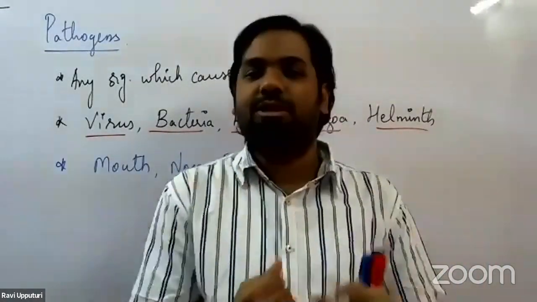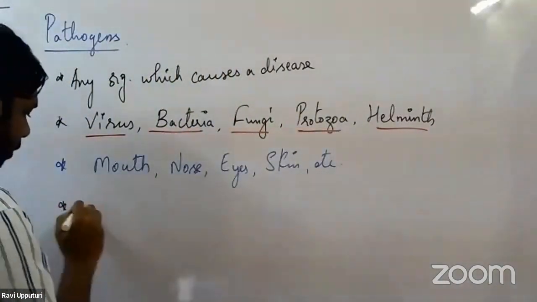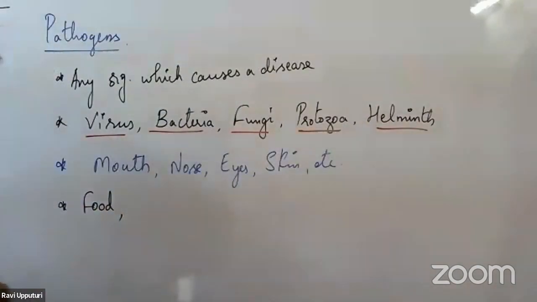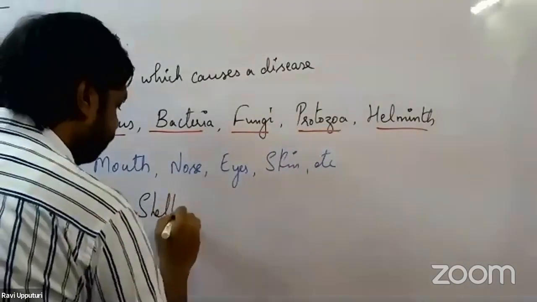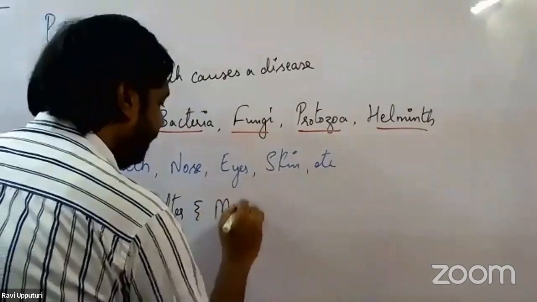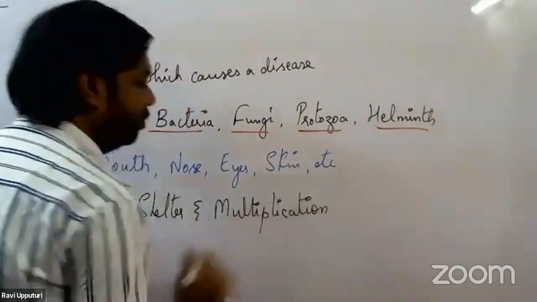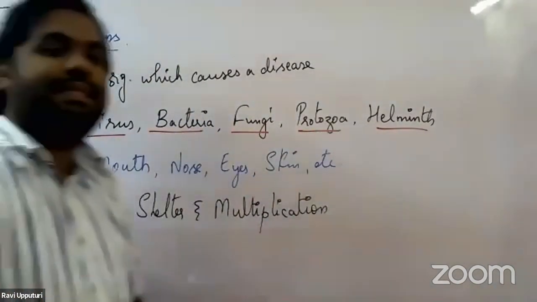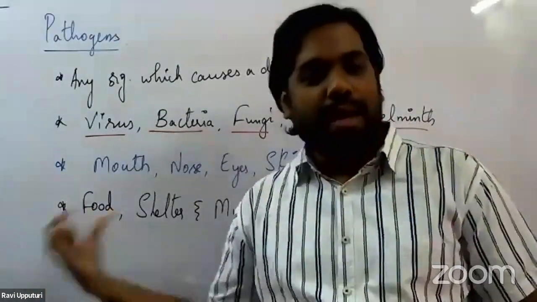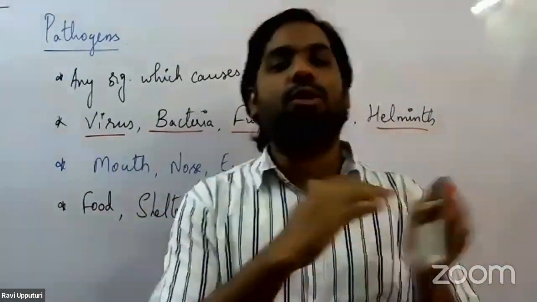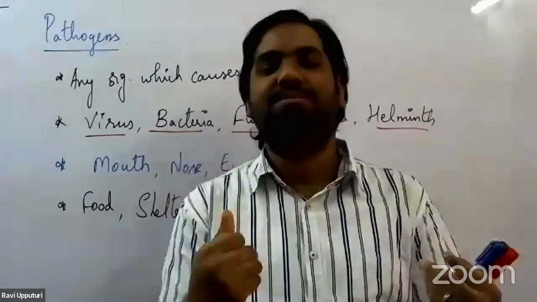Now, why do they need to establish themselves in our body? For three major reasons. One is for food. Second, for shelter, and the third is for multiplication of their race, or rather continuation of their race. So for these three processes, that is food, shelter, as well as multiplication or continuation of their race, they try to establish themselves within the